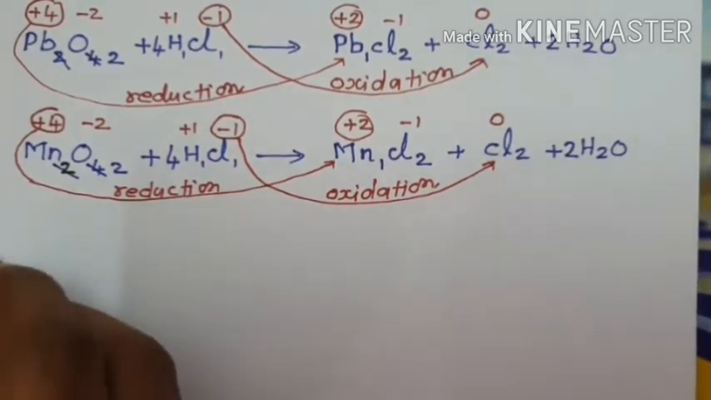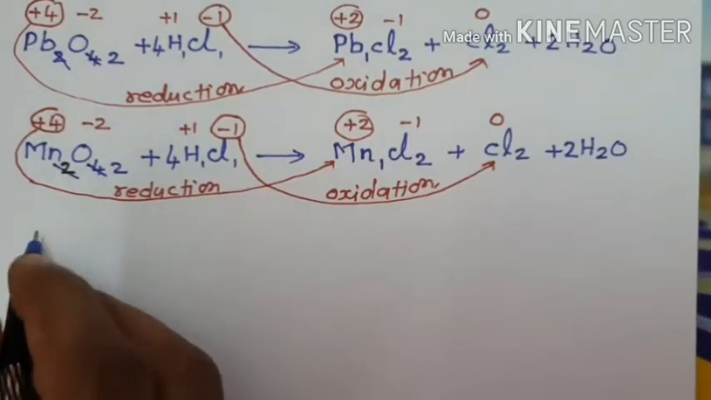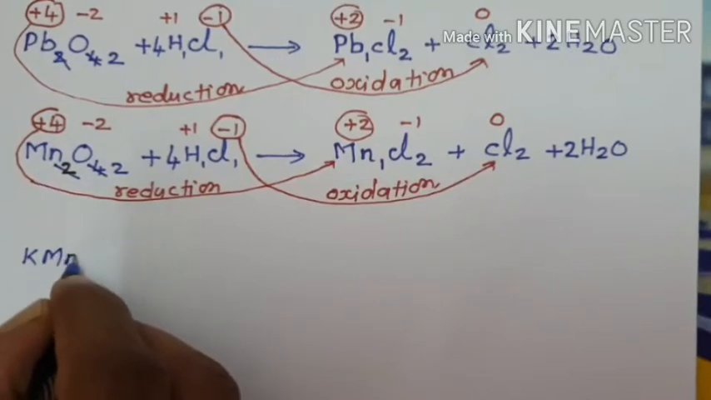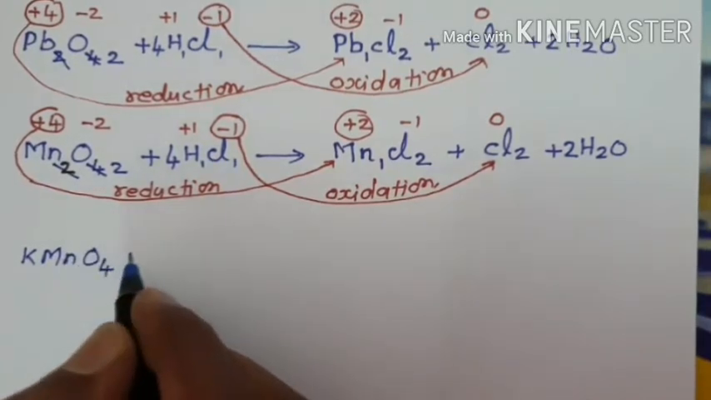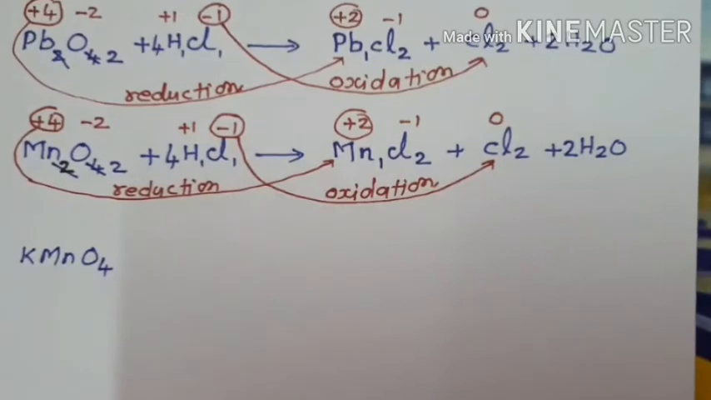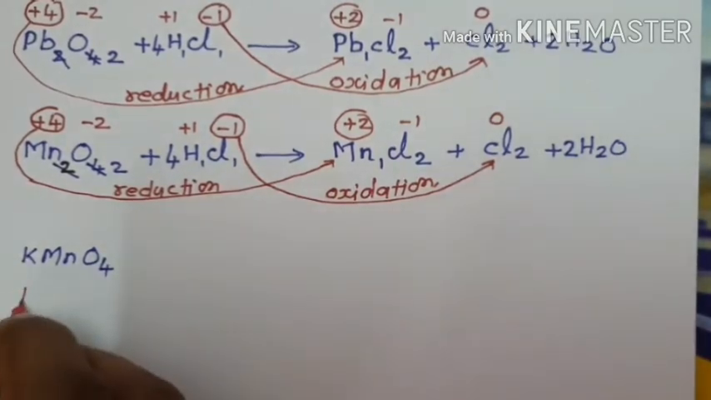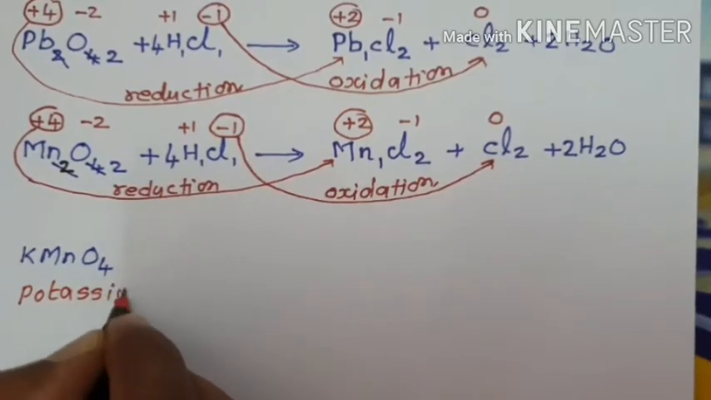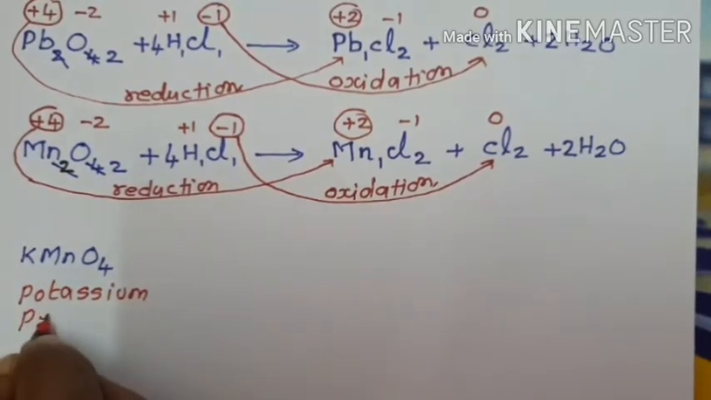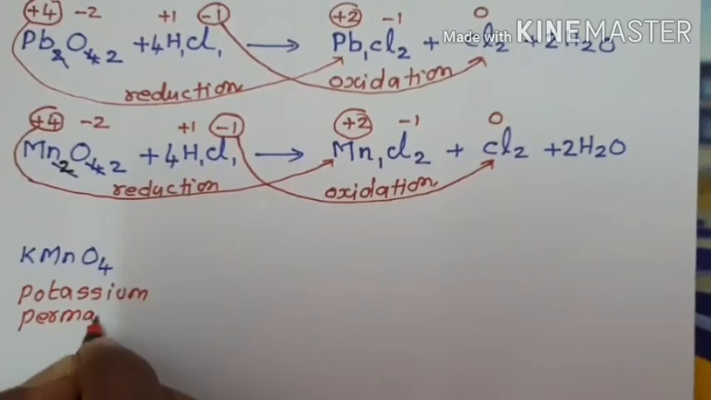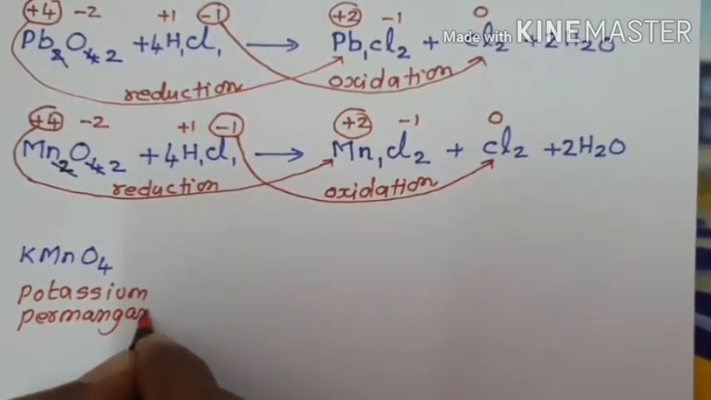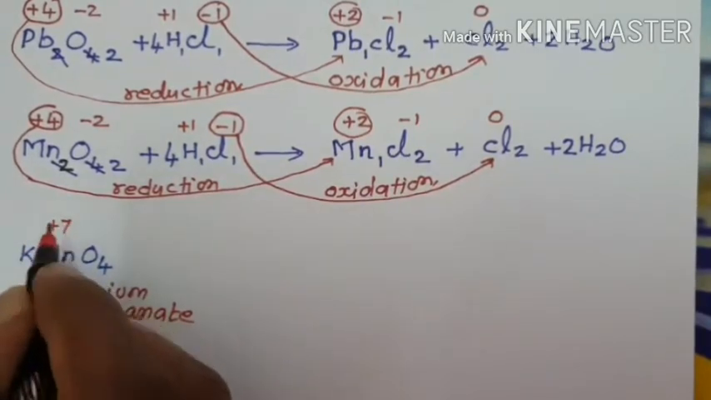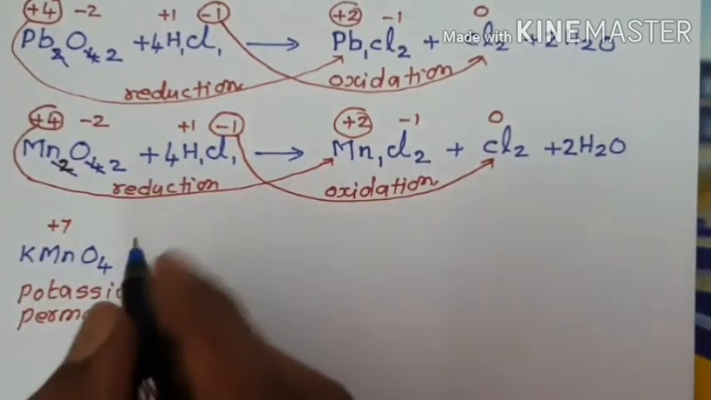Potassium permanganate is used as an oxidizing agent. Molecular formula KMnO4, potassium permanganate. Know the name? Potassium permanganate. In potassium permanganate, manganese is in plus 7 oxidation state. When treated with